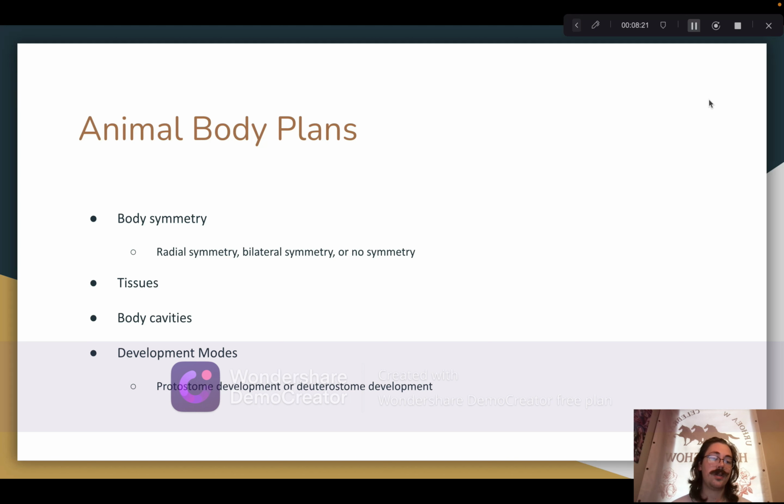Most animals have tissues, like we discussed before, and animals that do have tissues are classified as eumetazoans, and they belong to a clade called Eumetazoa. Another important part of a body plan is, before we move on to talking about body cavities, I want to talk a little bit about the germ layers that are present in animal embryos that have undergone gastrulation.